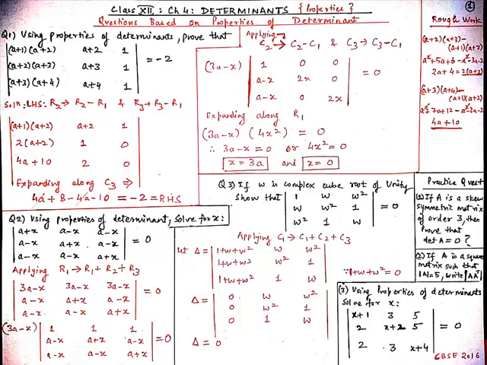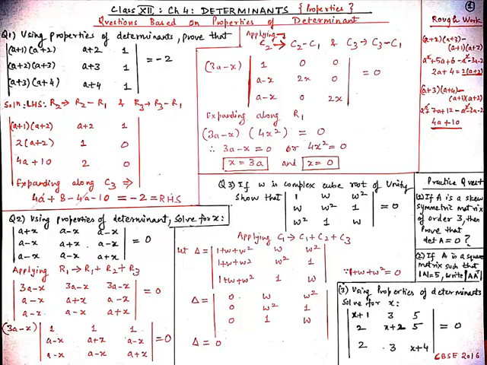So now you can clearly see that we have 3 ones in our row R1. So now we will make 2 zeros by applying column operations. Here we apply C2 tends to C2 minus C1 and C3 tends to C3 minus C1. By this operation, we know that elements of C1 will remain unaffected, so write them as they are: 1, then a-x. Then a12 element which is 1 minus 1 is 0, and then a plus x minus a plus x, so we get 2x. And then a minus x minus a minus x, we get 0.